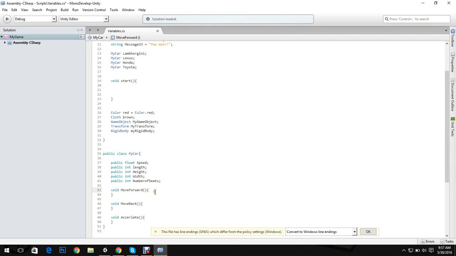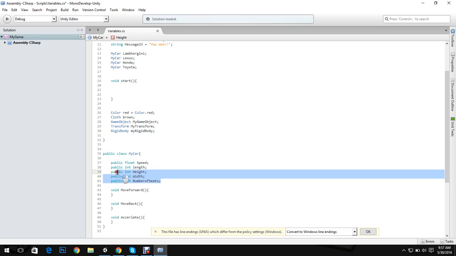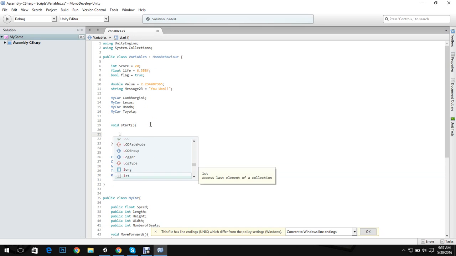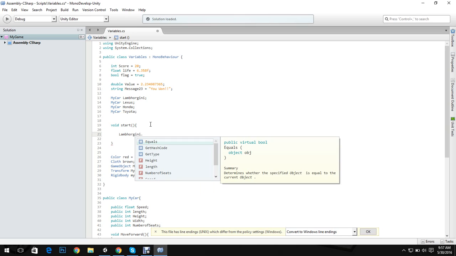You should implement some functions in here in order to change these values, but for now we are making them public so that we should be able to change these properties. So for Lamborghini, we want our